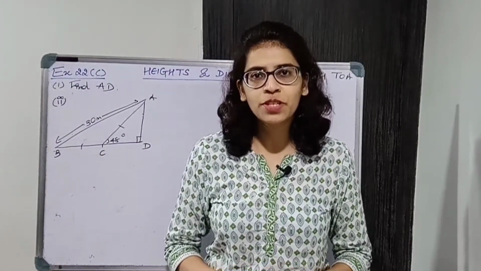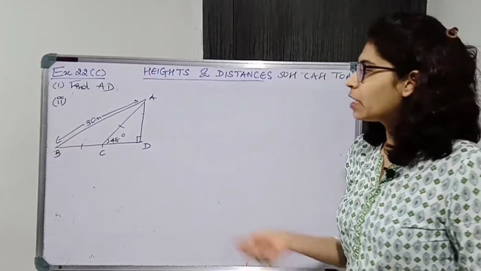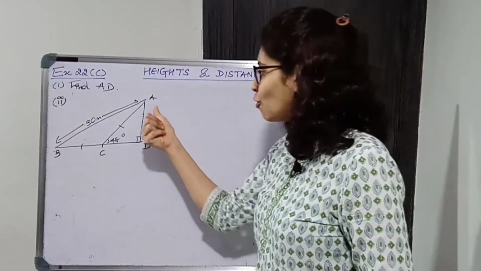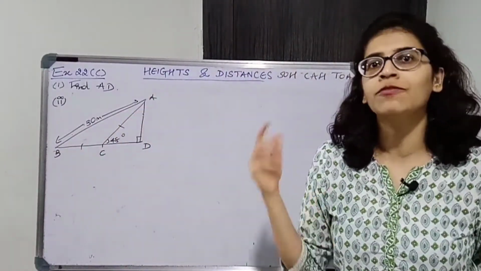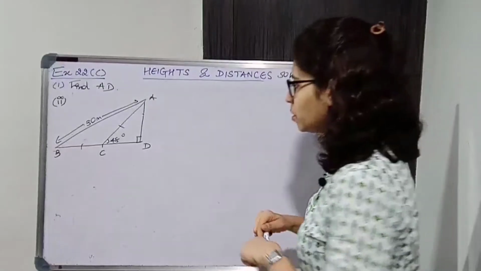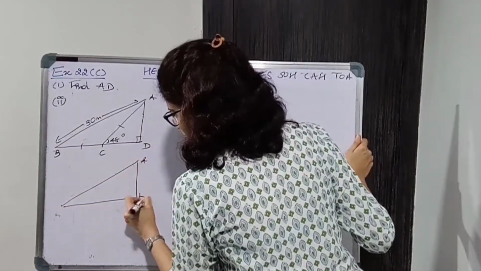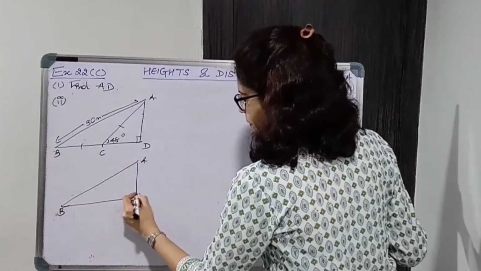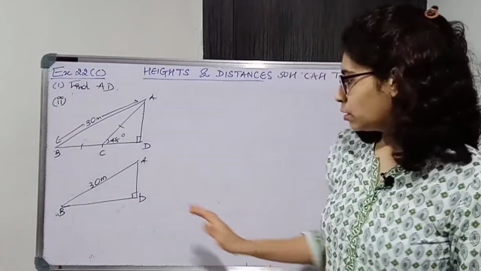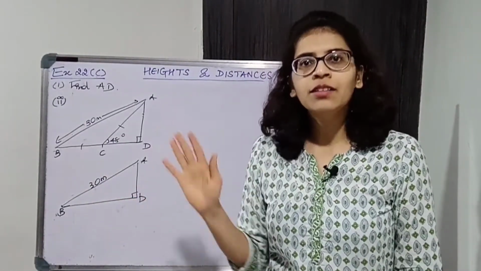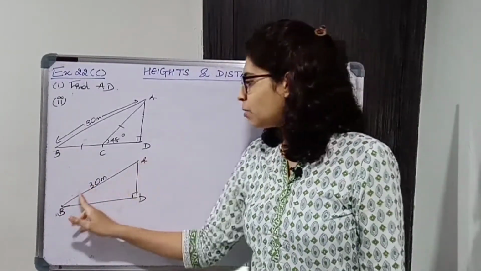Coming to the second part of the question. Now again we have to find AD, but the figure is different over here. Now AD is a side of triangle ADB, a right angle triangle. So let us see if we can use a trigonometric ratio and find AD. ADB, okay, this is 30. Now we know this is a right angle. Do we know any other angle? No, we don't know angle A or angle B over here. We just know that AB is 30 meters.